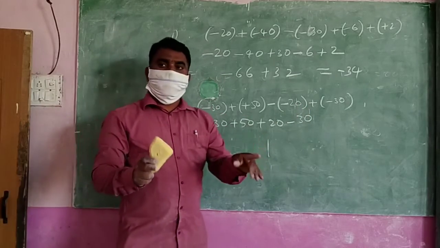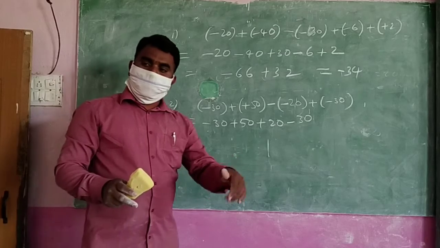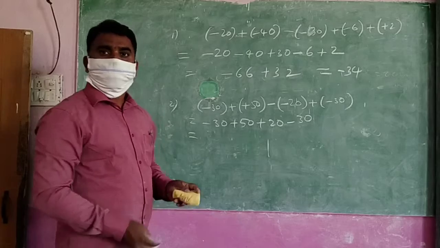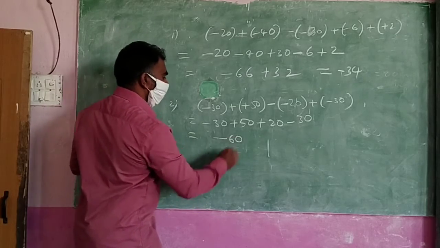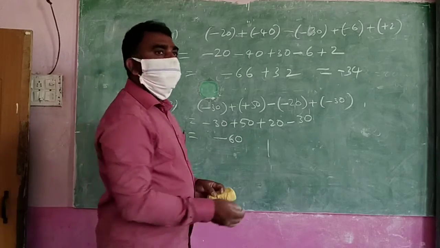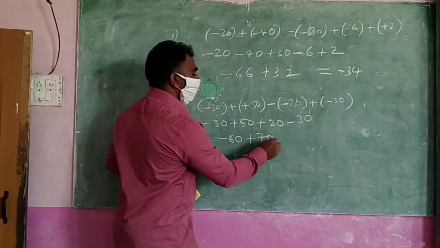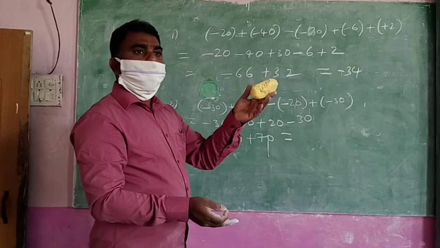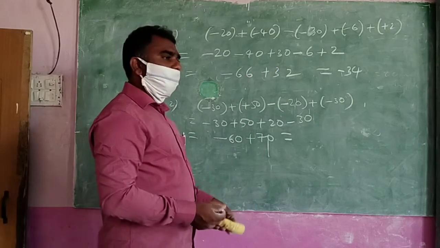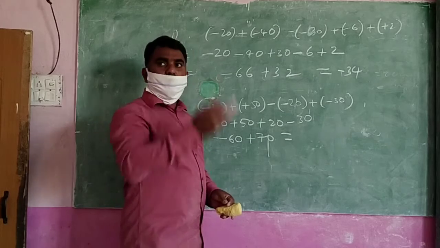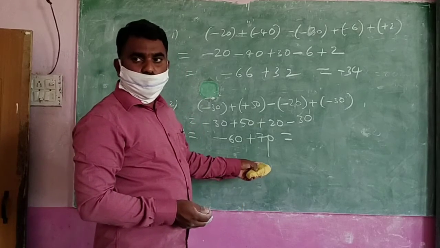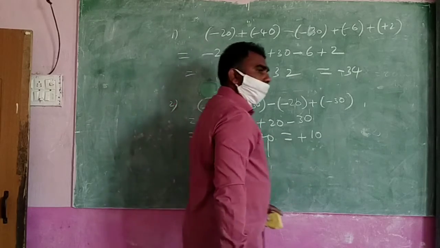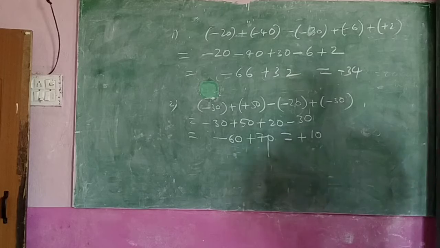More numbers means first all down steps, next all up steps. All down steps, 60 steps down. That's what you write. How many steps up? 70 steps up. Now what is there? Up and down, so you have to find the difference. Where are we, up or down? Because more steps are up, the answer is up. Okay, do you understand? Write this in your notebook now.